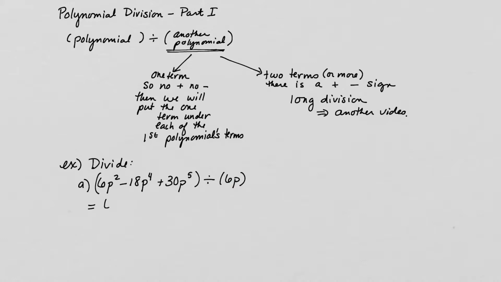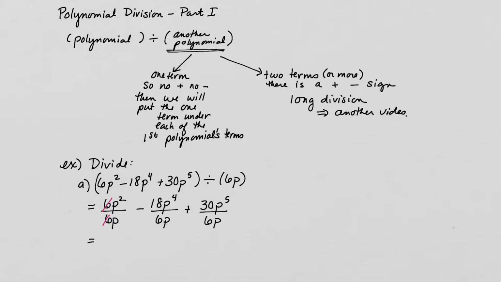So this is going to become 6p squared over 6p minus 18p to the 4th over 6p plus 30p to the 5th over 6p. And then what I'm going to do is I'm going to simplify each of these pieces. So if you notice here, these two 6's cancel. And so this first piece,